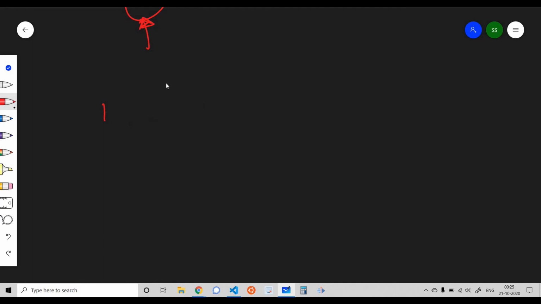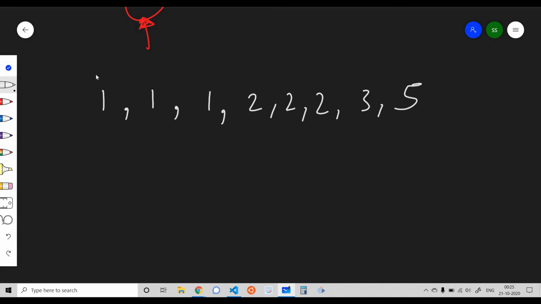Let's not pick the example given in the question. Let's pick a random example. Suppose we have been given an array consisting of these values. So we are having 8 districts. We need to find 7 roads if we can.